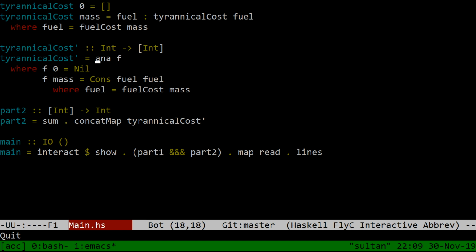And of course, anamorphism is more general. Any functor can be built up this way, not just lists, which is just super baffling, and I don't totally get it. But it's something I want to practice with, right? This is something I want to understand better in my own projects. And that's the kind of thing I like to use Advent of Code for, to practice something new.